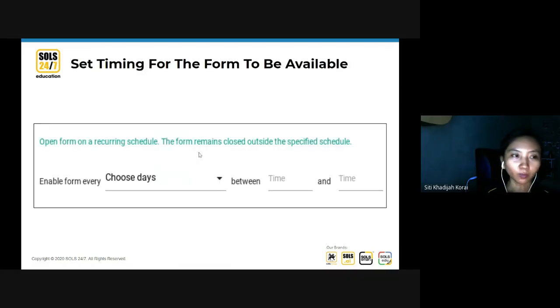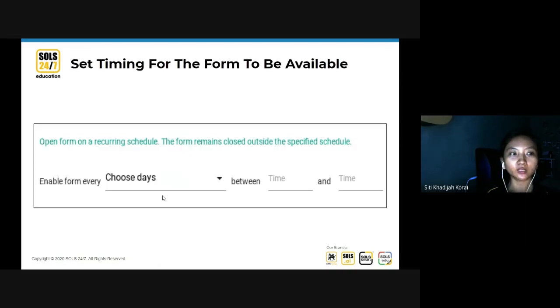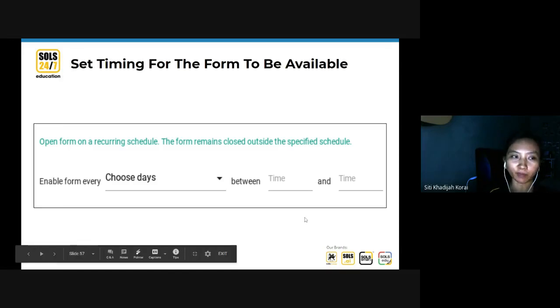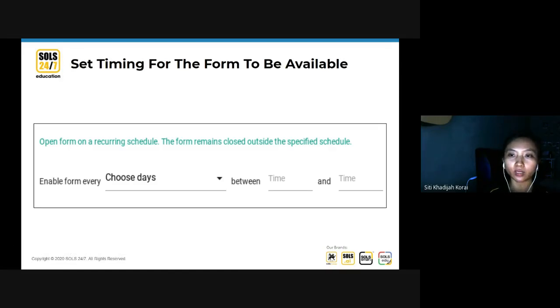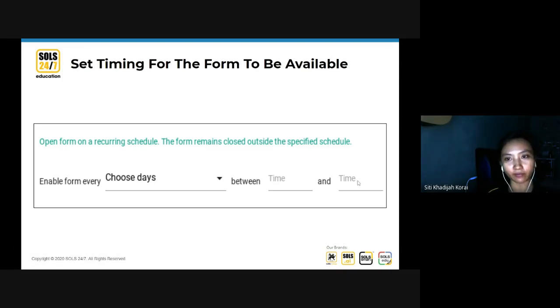The bottom one, this part here, is more like a scheduled, repeating type of form. Let's say you only want to work on weekdays, because you need to filter all these answers from the form. So you can choose every weekday, and the form will only be on from 10 to 5. At 5 o'clock it will be off, and then tomorrow it will open again at 10, and be closed at 5